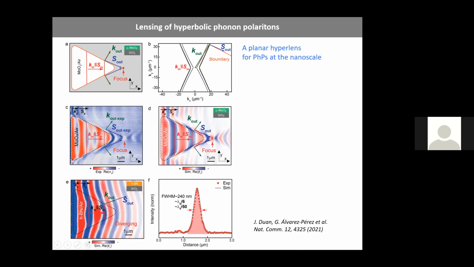So conceptually, it's also subdiffractional compared to the polariton wavelength, not compared to the incident wavelength. Okay, and this is because in hyperbolic media, you can have a really large K in some directions of propagation. Okay,